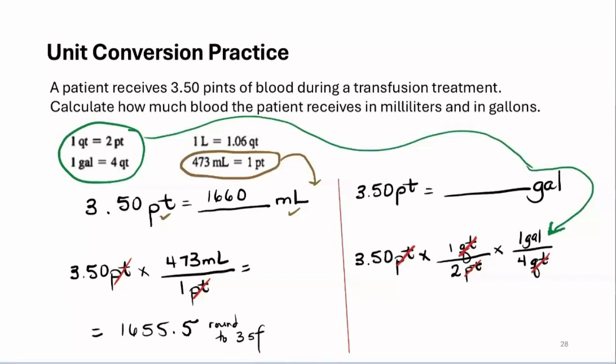So if I do 3.5 times 1 and I divide it by 8, which is the result of 2 times 4, I see a calculator display that is specifically